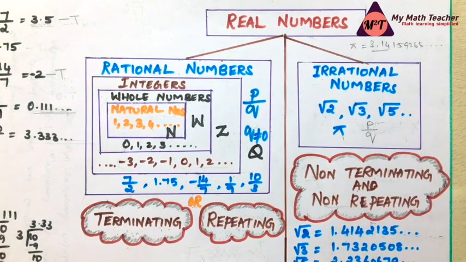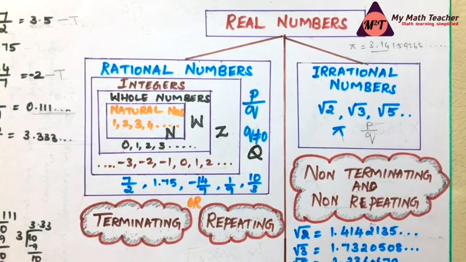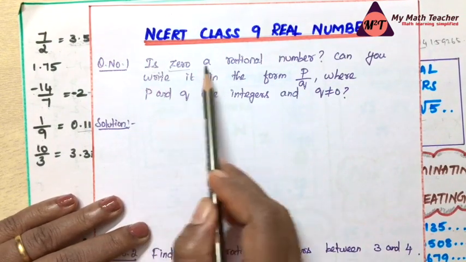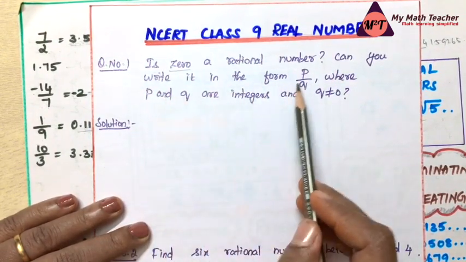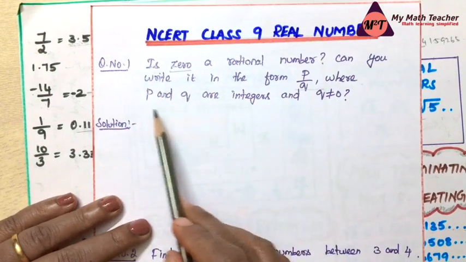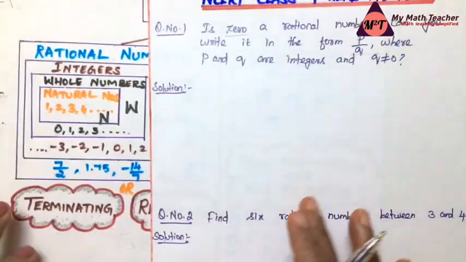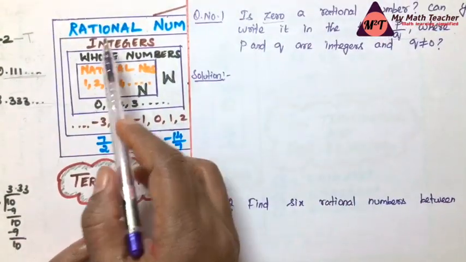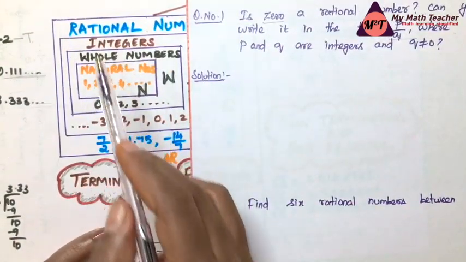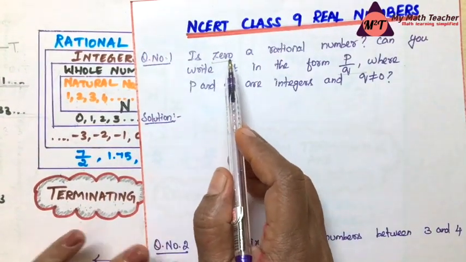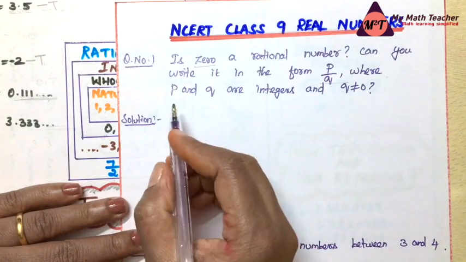That is from exercise 1.1. The first question here is: is 0 a rational number? Can you write it in p by q form, where p and q are integers and q is not equal to 0? Now you can see 0 is definitely a rational number. Why? Because 0 can be expressed in p by q form. So we can express the answer as,